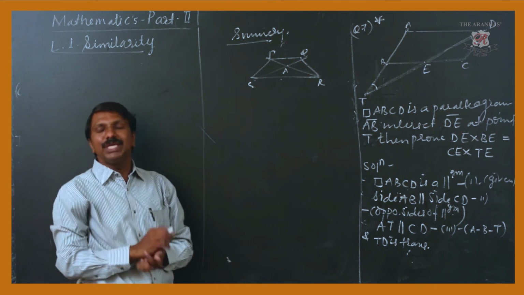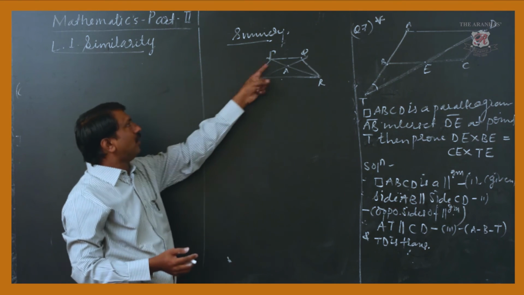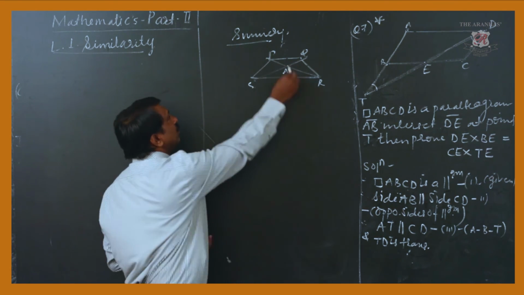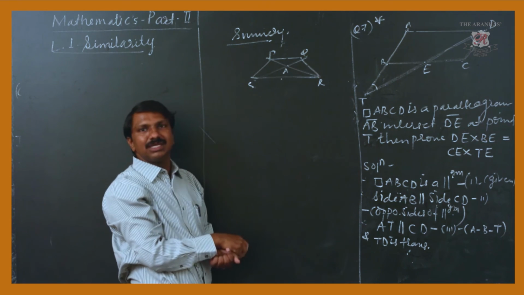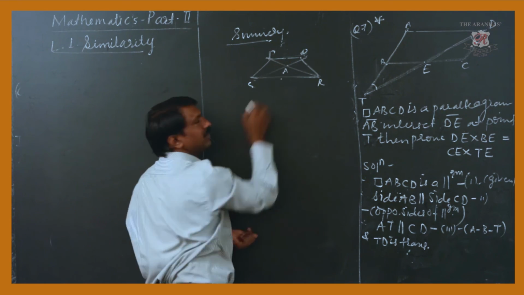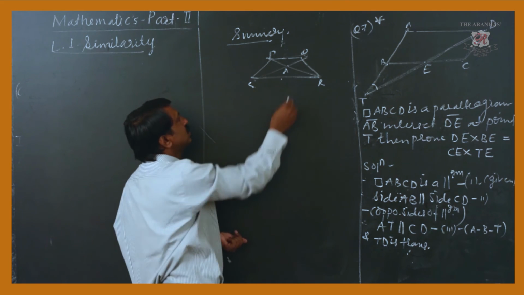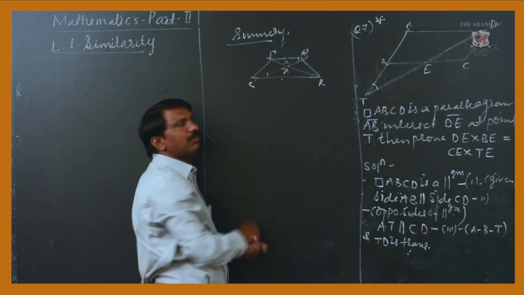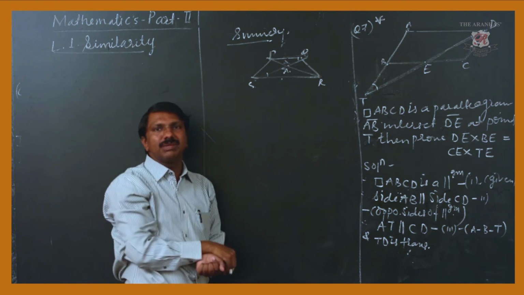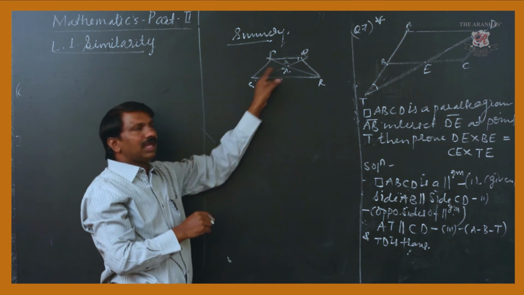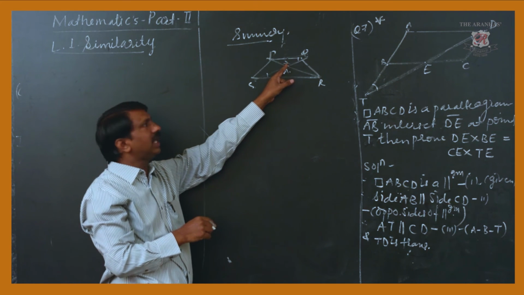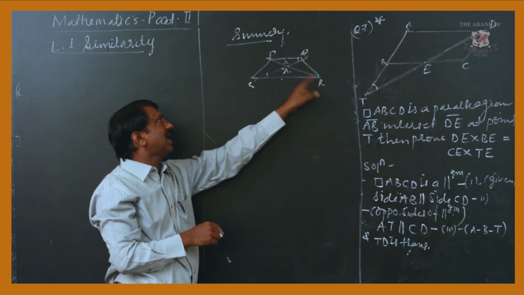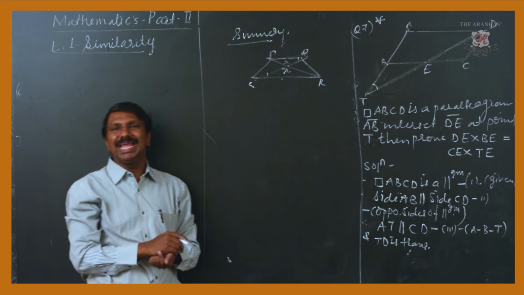We know that these two sides' relations were given, and one more: PQ was parallel to SR. So we applied the concept of a parallel line with a transversal. Here we get the alternate angle. This is a pair of vertically opposite angles. These two triangles were similar by AA test. Then afterwards we find the corresponding sides. So triangle PAQ and triangle RAS were similar to each other by AA test.